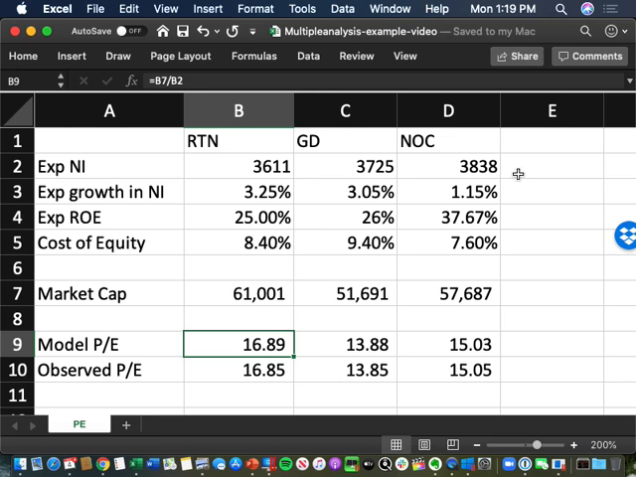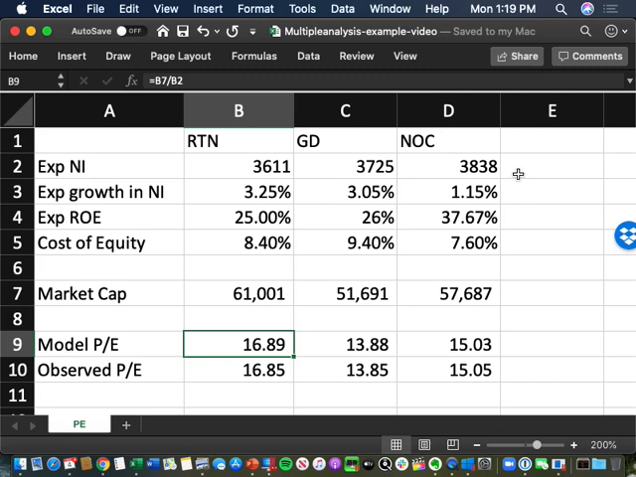Yes? Because it needs a lower expected growth in net income to justify the PE that the market is giving. Okay, and you'd get 0 credit on the exam for that statement. I didn't use numbers. So why don't you say it again? Its expected growth in net income of 1.15% is lower than their competitors, GD and Raytheon. Well, I'm just right now comparing NOC to Raytheon. Okay, it's lower than Raytheon's expected growth in net income of 3.25%. Yeah. I'm going to add to your statement: lower growth, even though NOC has a